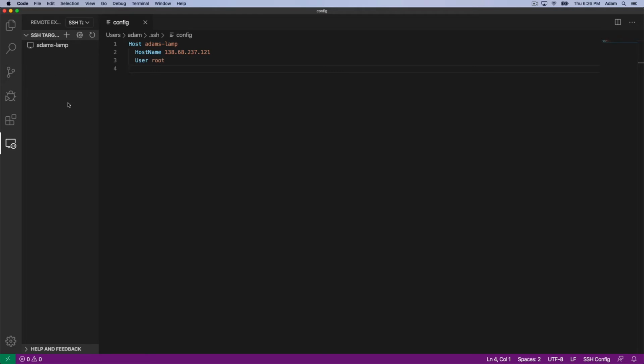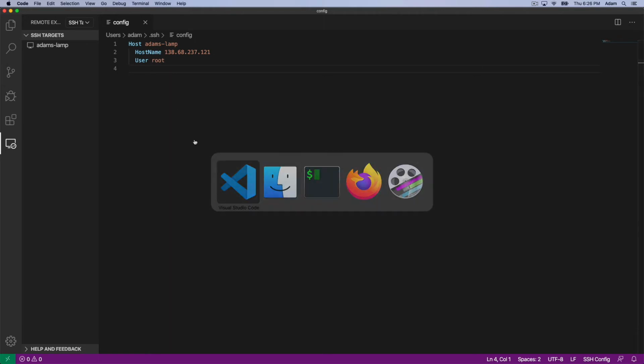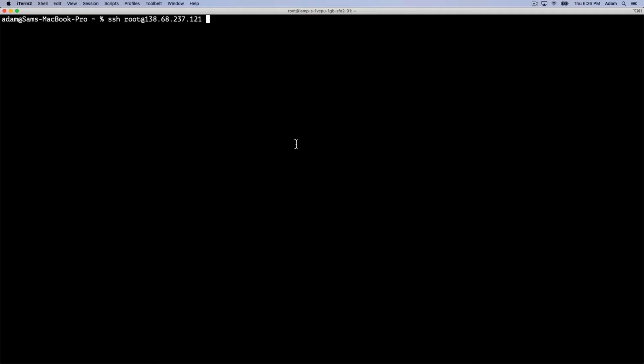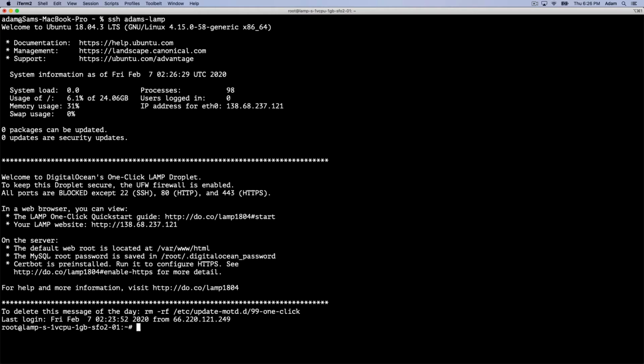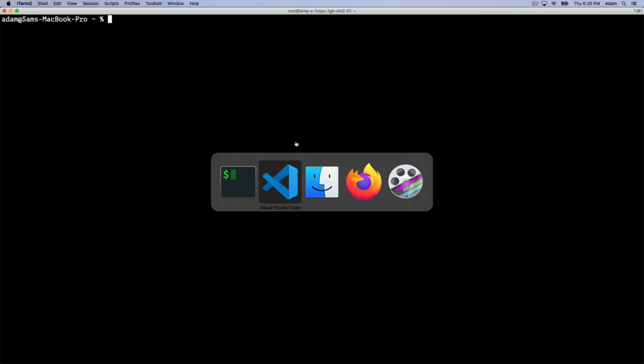Probably, honestly, because I have played around with exactly that particular name already as I was preparing for these screencasts. So that's probably why. But we could go to iTerm, and instead of saying SSH root at that, I can just say Adam's lamp droplet. And it's exactly like doing the same thing. So let's go ahead and exit out of there, and we'll just clear this screen